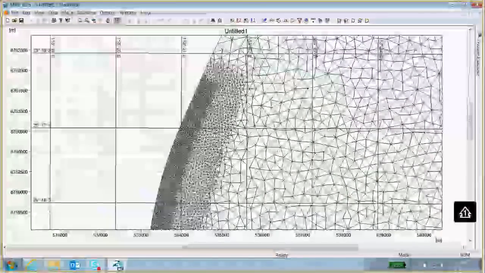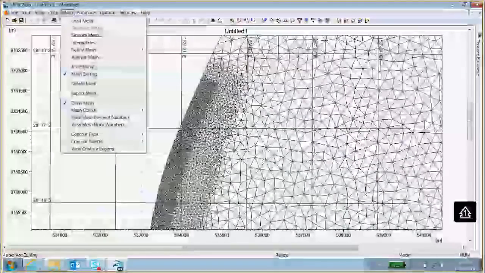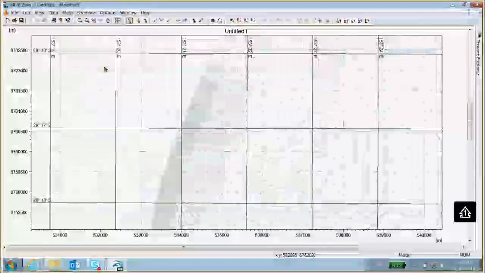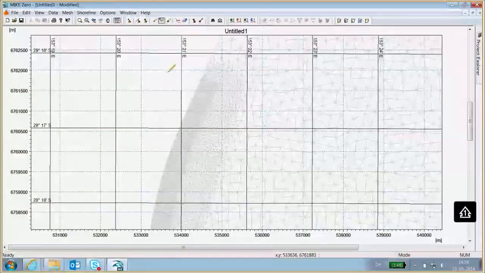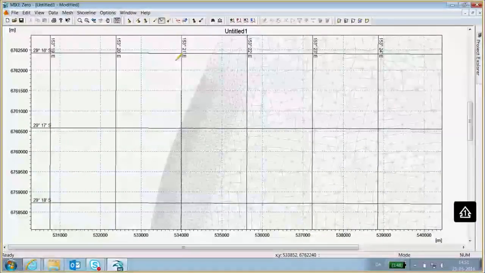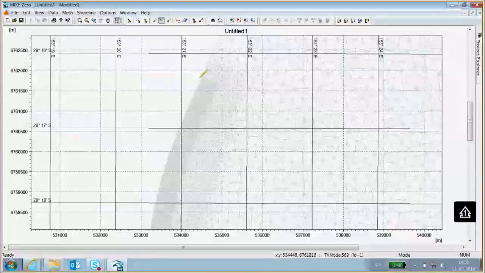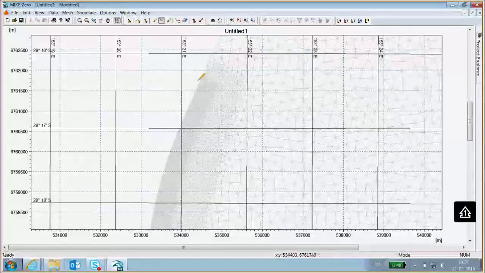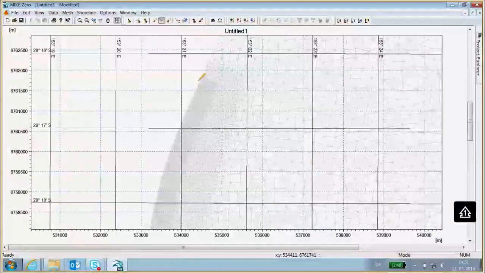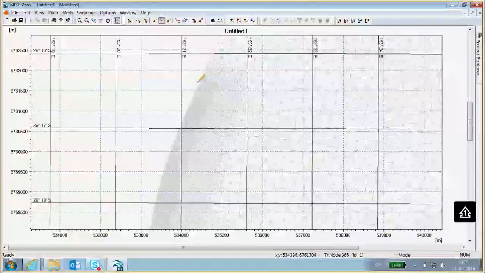So in order to do that, first I need to enable arc editing by pressing here, and then I can simply select the arc drawing tool there, and then I can draw a baseline along the shoreline here.